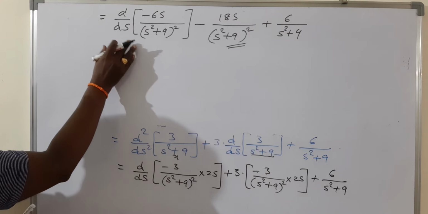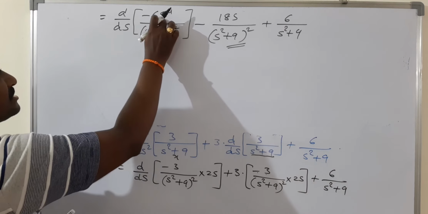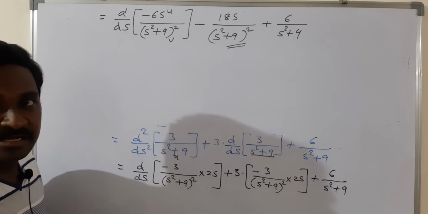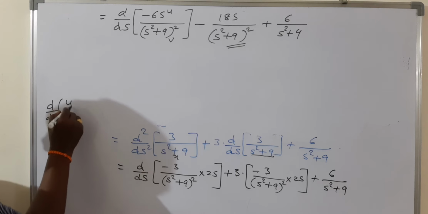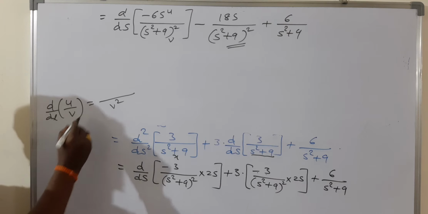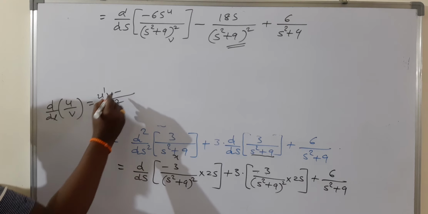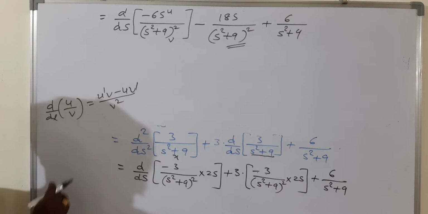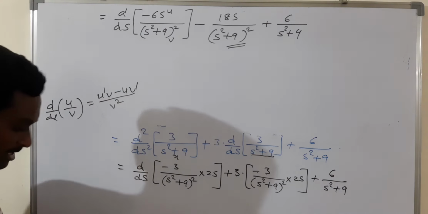Now it is enough to take another derivative in the first part. Here the numerator has s terms and the denominator also has s terms, so you should apply the division rule in differentiation. What is the division rule? Derivative of u by v is equal to denominator whole square first, then derivative of the numerator into v minus numerator u into derivative of the denominator, v dash. This is the division rule. According to this rule, write the derivative for the first part.